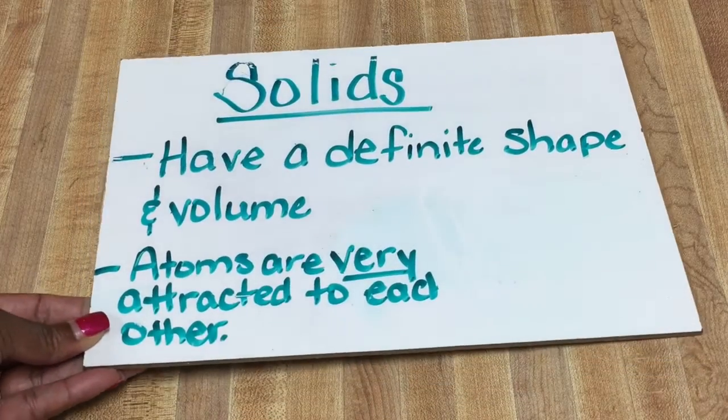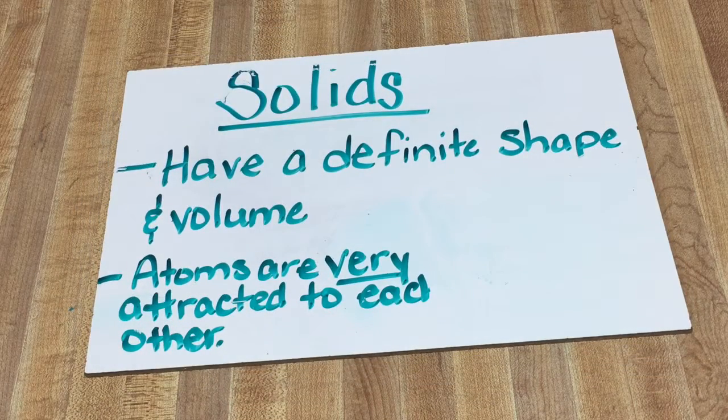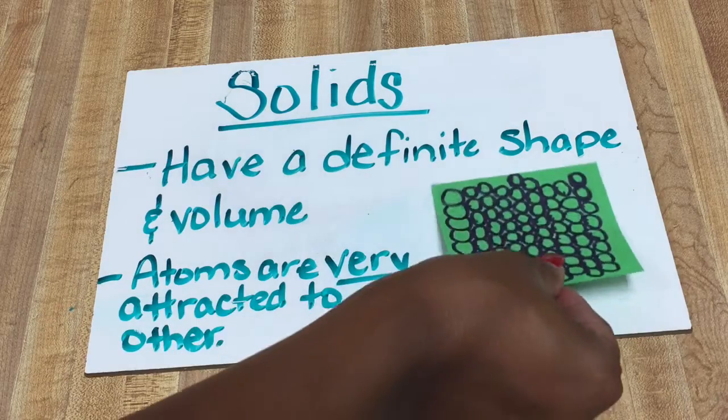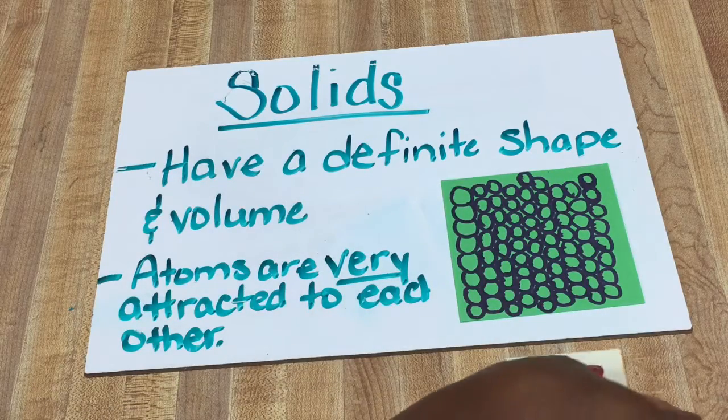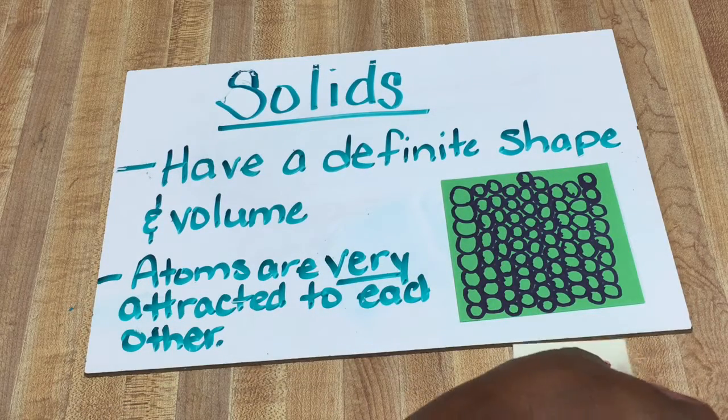Solids are anything that has definite shape and a definite volume, okay? So basically you would be able to measure its volume. You would see that it is shaped in a specific way. Those atoms are going to be very, very attracted to each other, okay? So if you take a look at this structure, which is a solid,